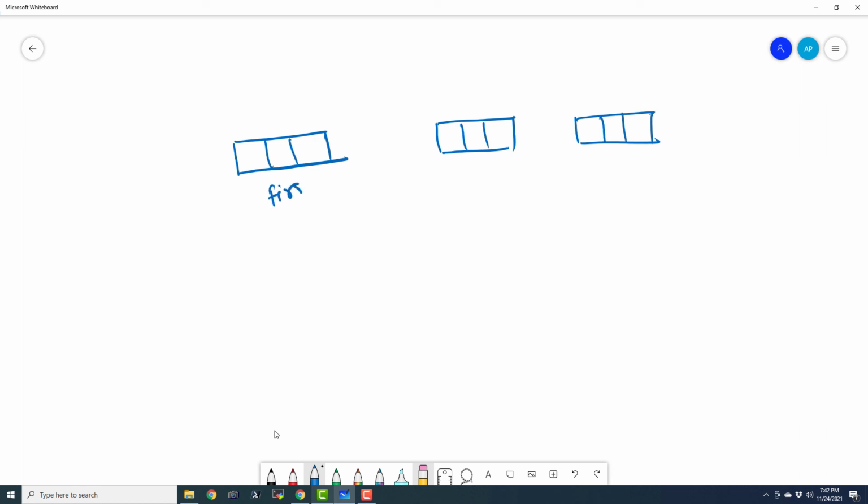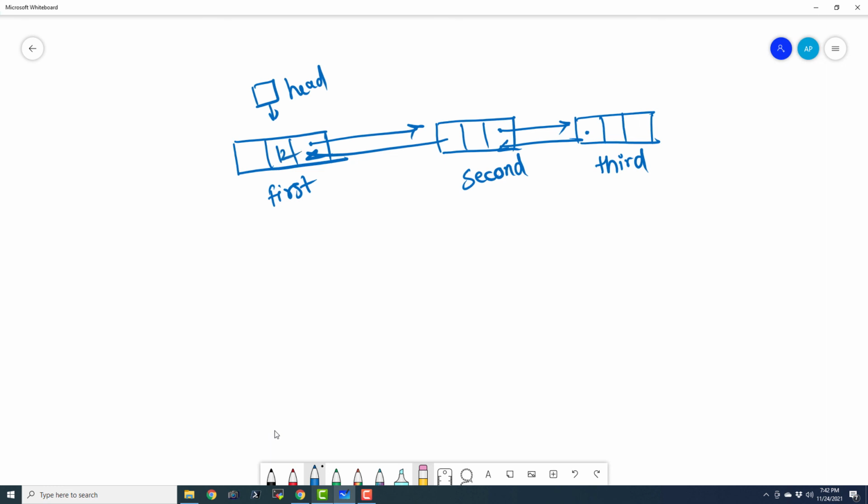Let us name it first, second, and third. So let me tell you how a doubly linked list looks. And this is the head node. It is actually pointing to the first node. So we have a few numbers.